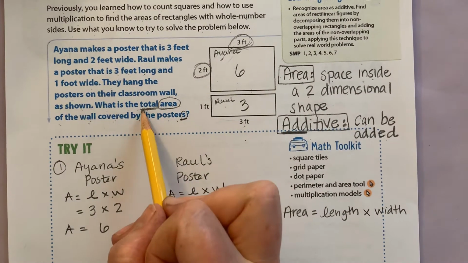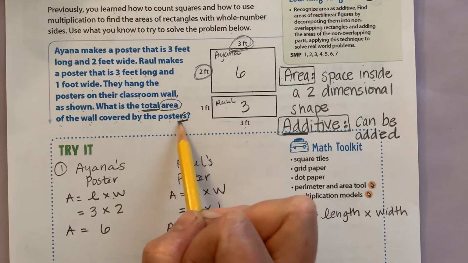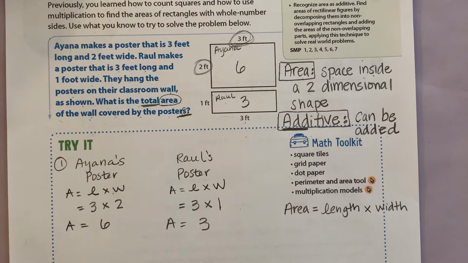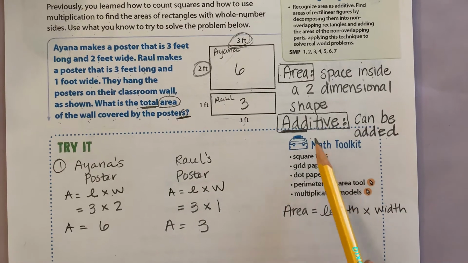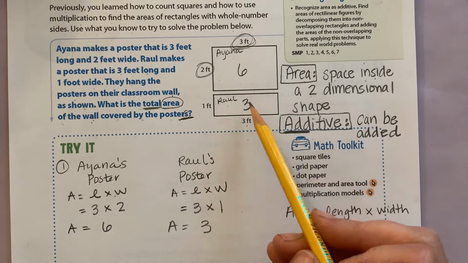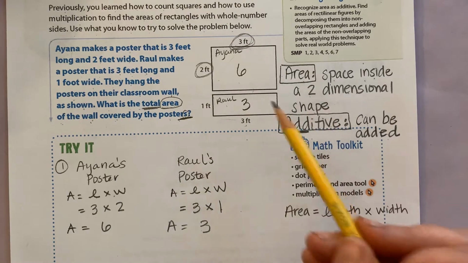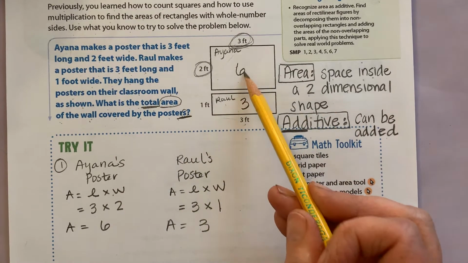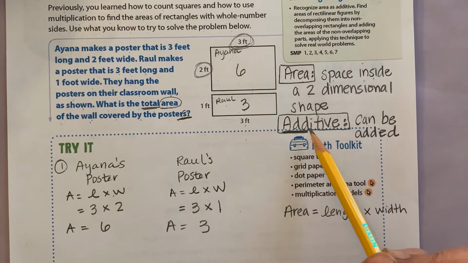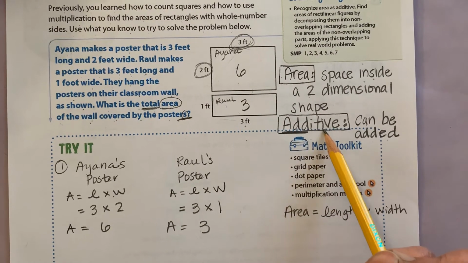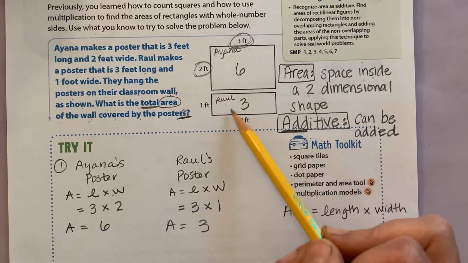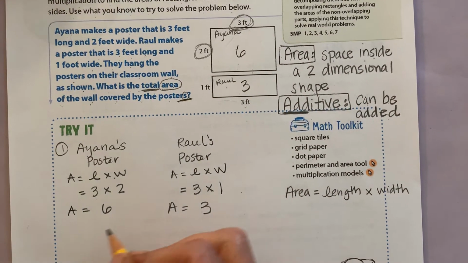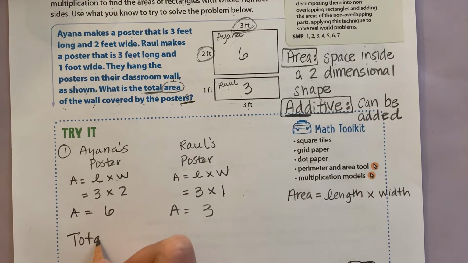If I want to find the total area of the posters, what am I going to do with those two numbers? It is that really cool word that I told you about at the beginning. Our rectangles are additive. So when we want to find the total area, we can add the areas together. So when we work with additive properties today, we are going to add the area of the 2 rectangles. So now if I want to find the total area,